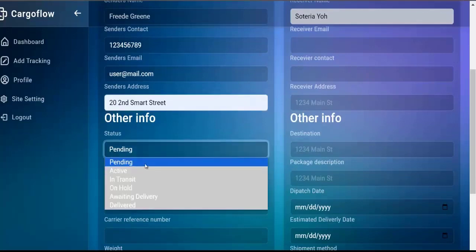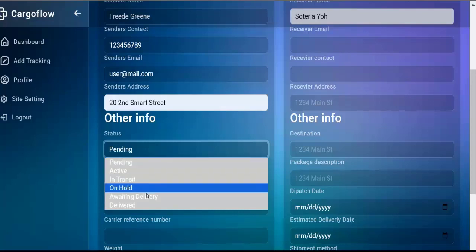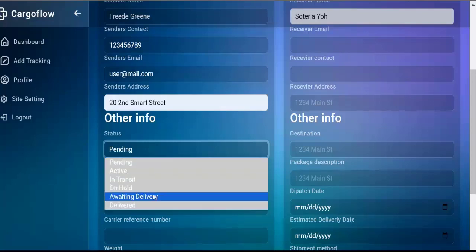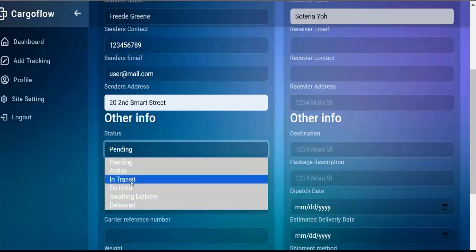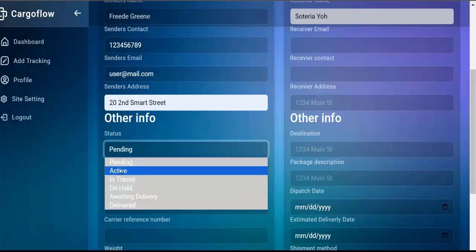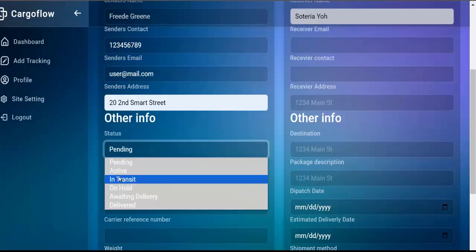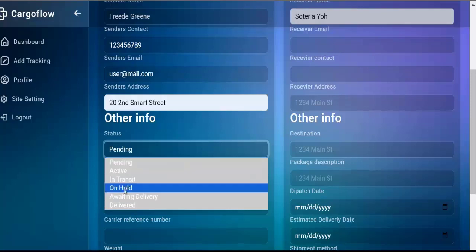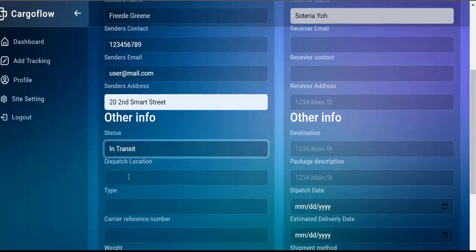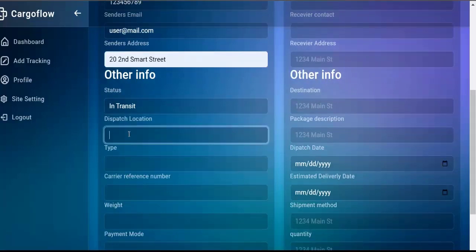Now, do you want the order to show as pending? Do you want it to be active? Is it in transit? Is it on hold? Is it awaiting delivery? Is it delivered? So you have all these options right here. Now all I'm going to do is put this on in transit. Then I'm going to say dispatch location. Dispatch location is